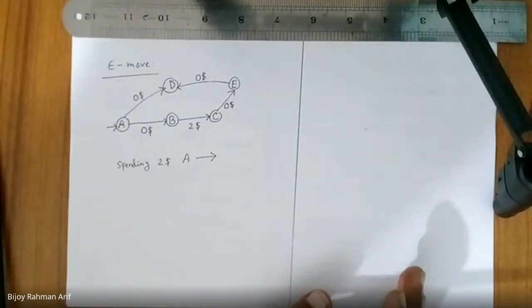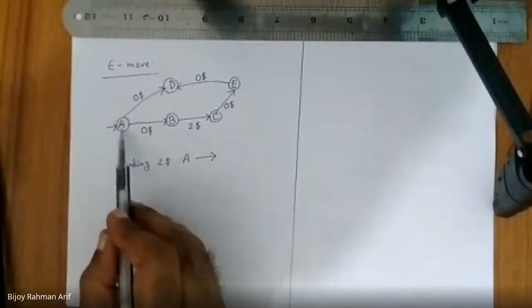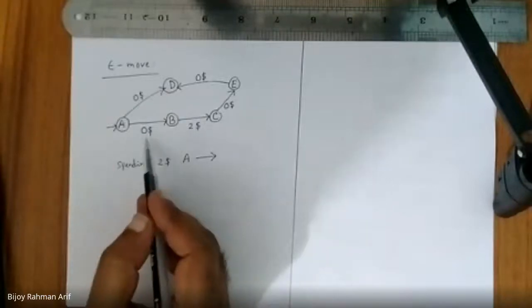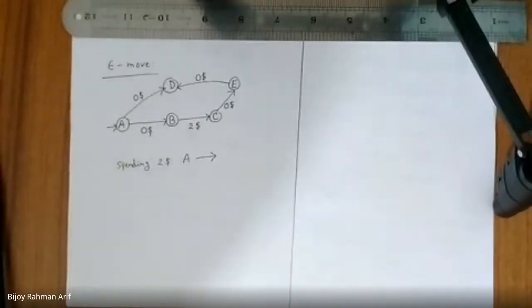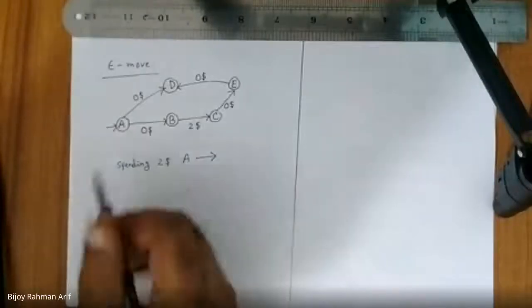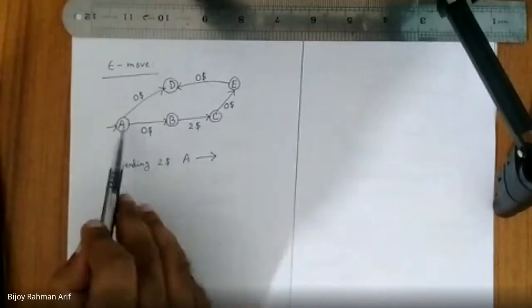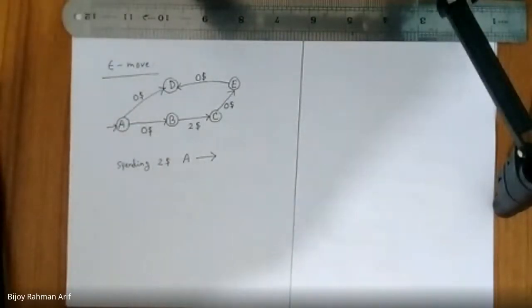$2 জাস্ট খরচ করে কোথায় যেতে পারবো? কোথাও যেতে পারবো না কেন? কারণ স্যার এই ক্ষেত্রে সবগুলো $0, কোনো প্যাথ নাই $2 এর। এ থেকে বি $0, ফাইন। বি থেকে সি $2, তাহলে এ থেকে সি যেতে হাউ মেনি ডলার্স স্পেন্ড? $2. আচ্ছা, পার্থের অ্যানসারটা কারেক্ট। পার্থ বলেছে বি ছাড়া সবগুলোতে যাওয়া যাবে, আর আপনি বলছেন সবগুলোতেই যাওয়া যাবে। এ থেকে বিতে $2 খরচ করে কিভাবে যাবেন? আমাকে দেখান দেখি।